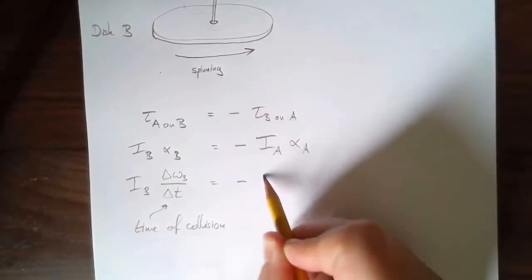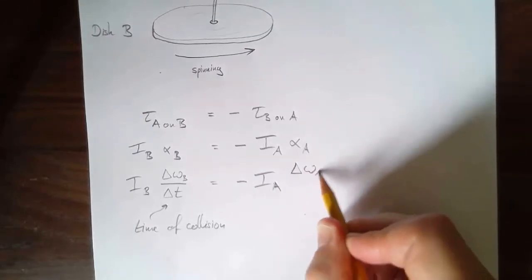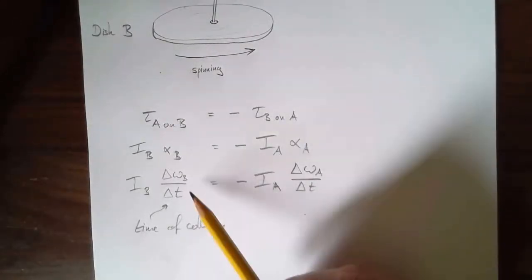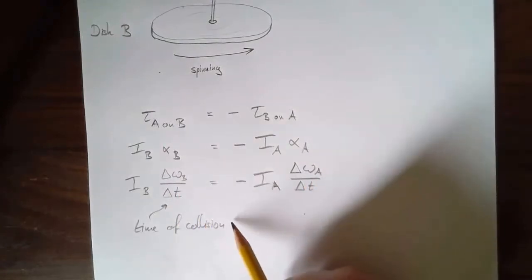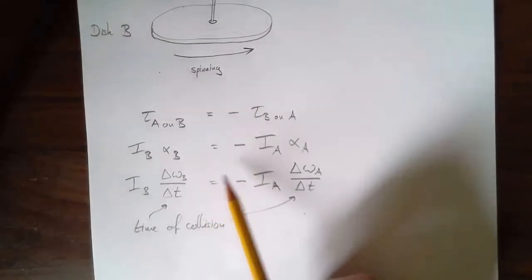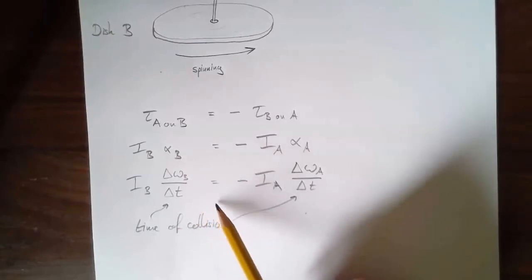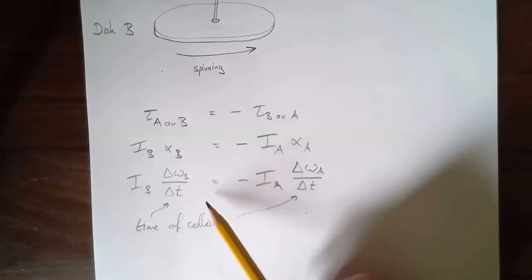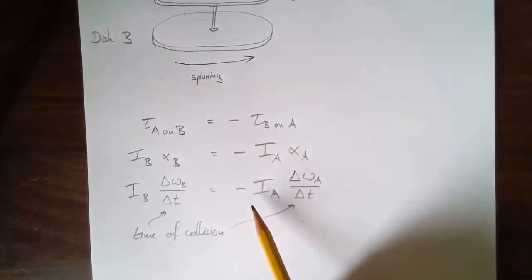It's going to be equal to minus the moment of inertia of A times the change of angular velocity of A with time. Why is there a negative here? Well, one of them might be speeding up, the other one would be slowing down. And of course this is the same time, right? Newton's third law not only says it's the same force both ways, it also says that force acts for the same amount of time. Because otherwise Newton's third law would stop holding if one of the forces is done after 5 seconds, the other one after 10 seconds. It just wouldn't make any sense.